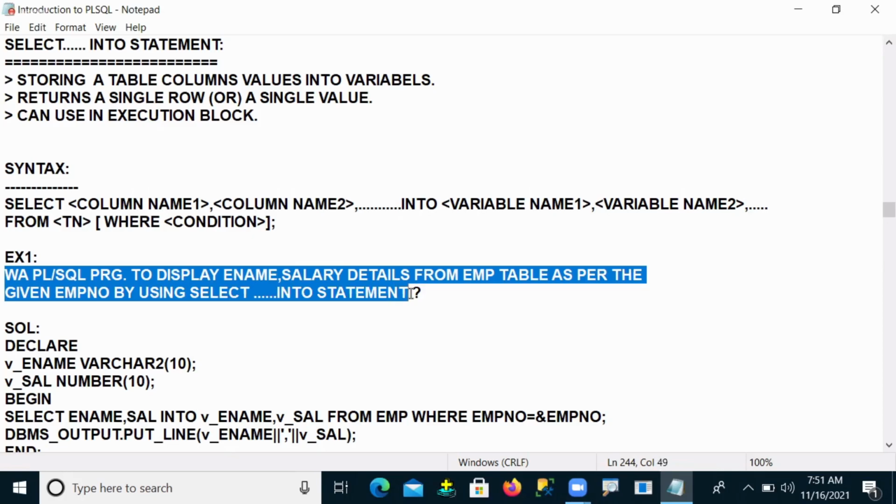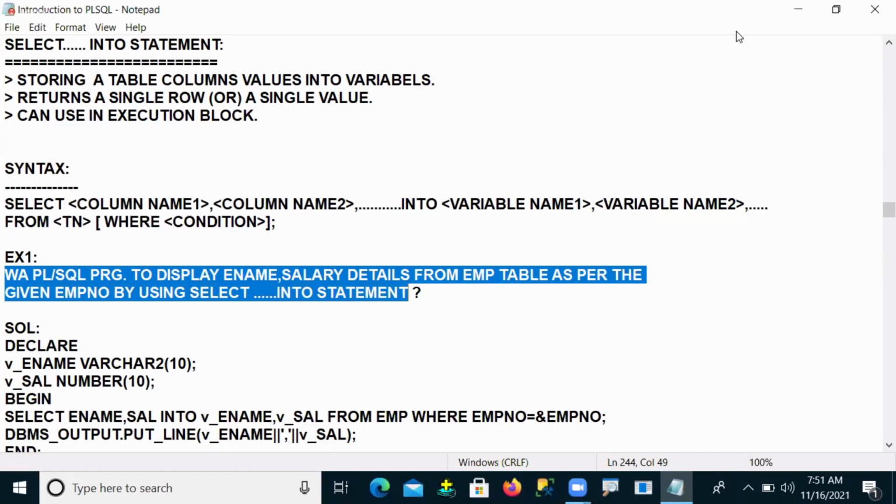So whichever employee number is given by the user, on that employee number basis I have to retrieve that particular person's name and salary details.